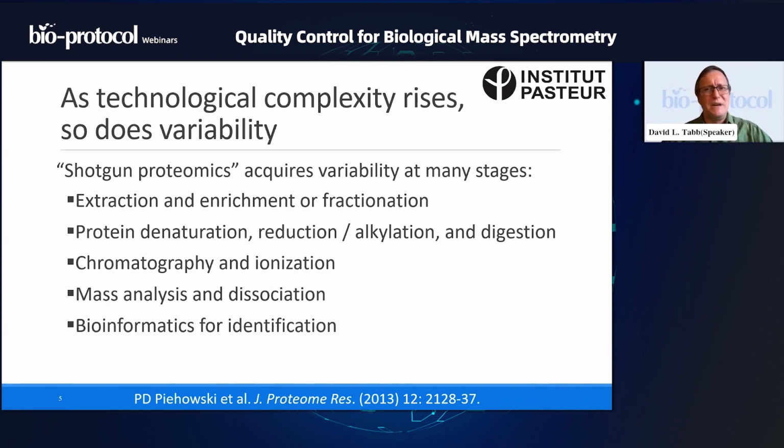Now, this might seem like heresy. If you have the same software and you run it the same time all over again, don't you get exactly the same result? But frequently, there are some random factors in how software proceeds in order to create a random sampling for computing false discovery rate, for example, that even if you run exactly the same search results through exactly the same pipeline a second time, you may see slight differences in the numbers of spectra identified, for example. So it is not the case that bioinformatics is rock solid and it can always be counted upon for giving us exactly the same result.